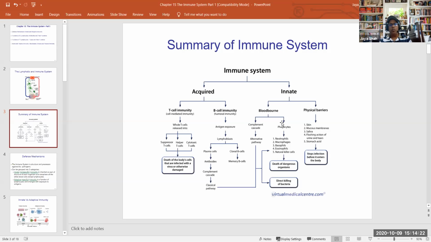Now, when these phagocytes get exposed to microorganisms, not only do they kill that microorganism, they also share what kind of microorganism it was with the acquired immune system. So let's see how that happens. When these macrophages and other antigen presenting cells